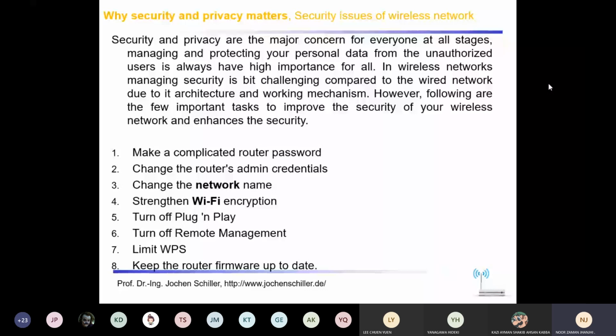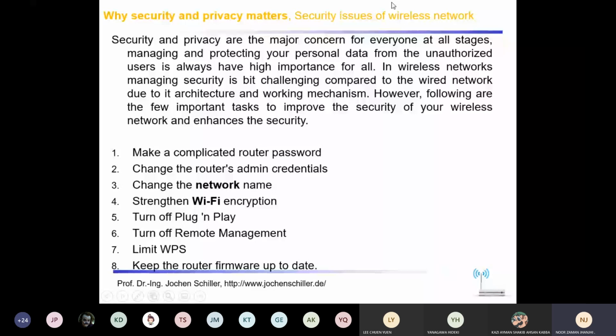Compared to the wired network. Why are we saying compared to the wired network? Because when we talk about the wired network, the challenges we discussed today are not there. None of the challenges is there. That's why the wired medium is more secure compared to the wireless. There are so many other factors as well, but all the things we discussed today are actually not there for the wire. This is the main difference.